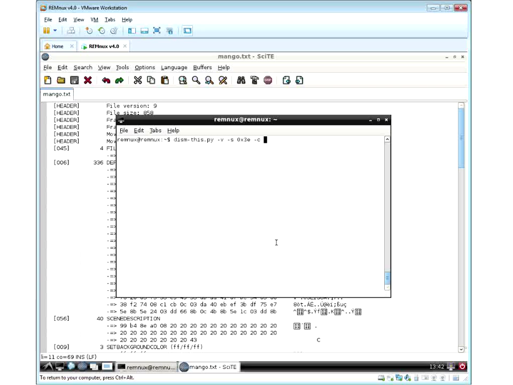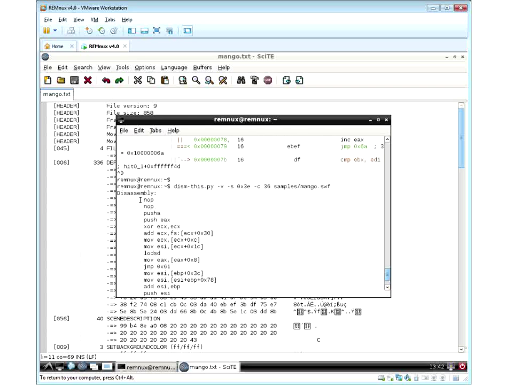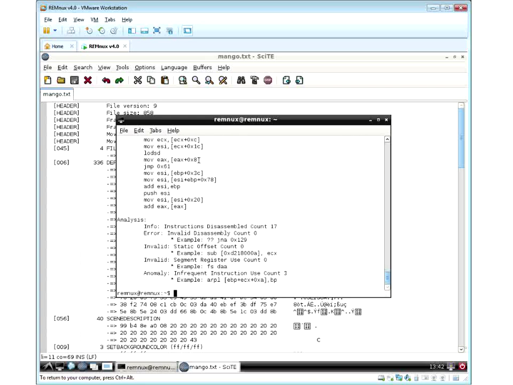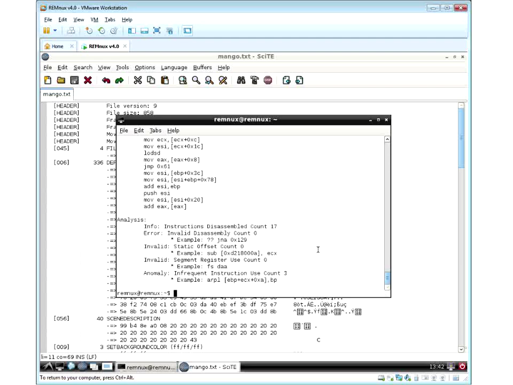And though I cleared the screen quite quickly, REDair showed me that it thought the shellcode begins at the offset 3E. And I can say, why don't you disassemble 36 bytes there, and not only try to disassemble that shellcode for me. I could see this in REDair, so this in itself is not new. What's nice about dism-this is that it also shows you the results of some analysis, where it tells you some